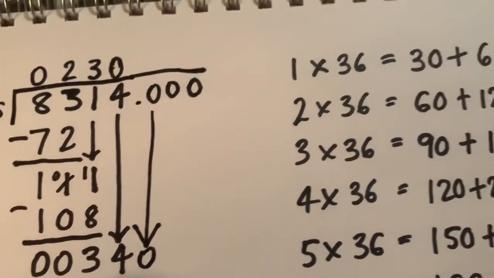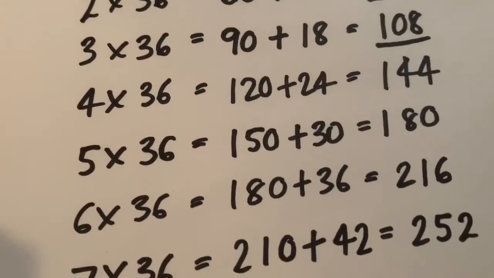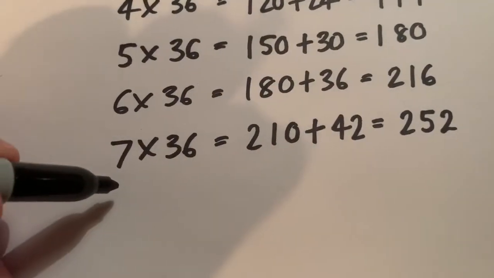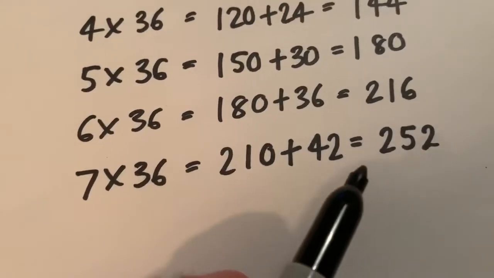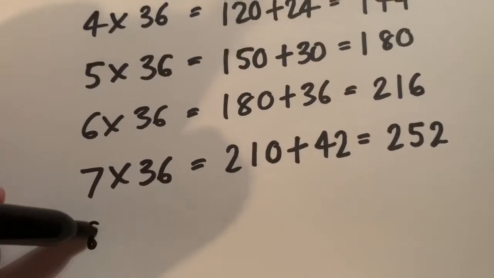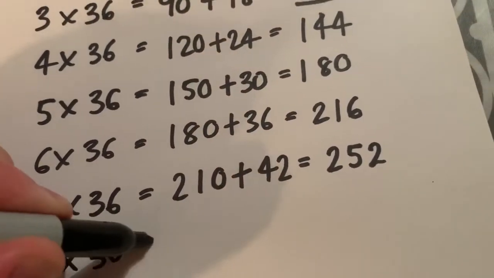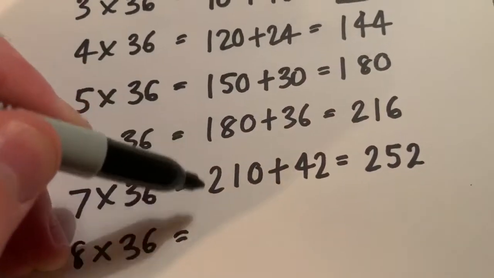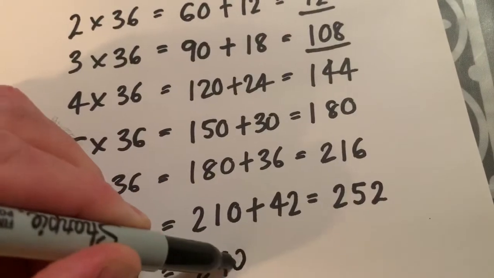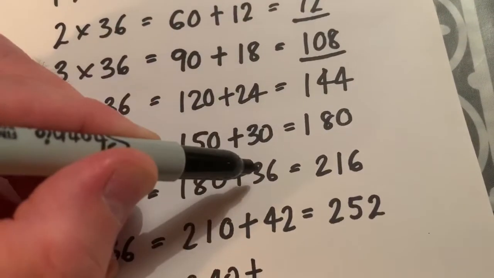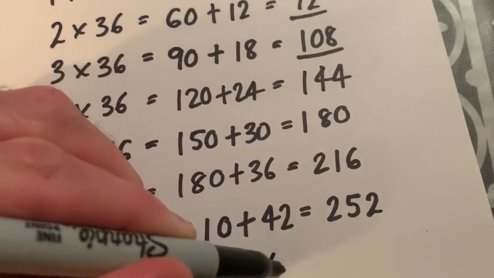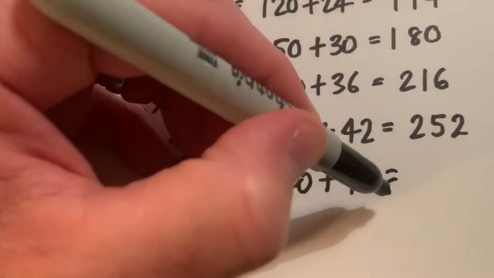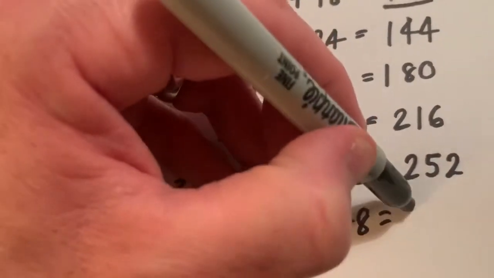We can then return to the fact box, and we realize that, as I said, sometimes you will need to go a bit further with your fact box. We've only gone up to 252 here. So 8 times 36, remember I'm using my 3 times table knowledge here, 12, 15, 18, 21, 240 plus, and then my 6 times tables knowledge here, 240 plus 48, giving me